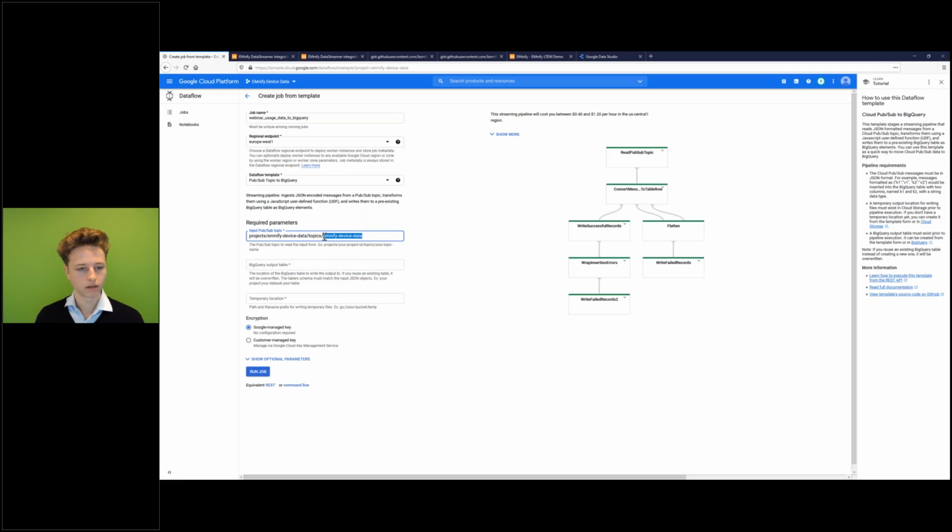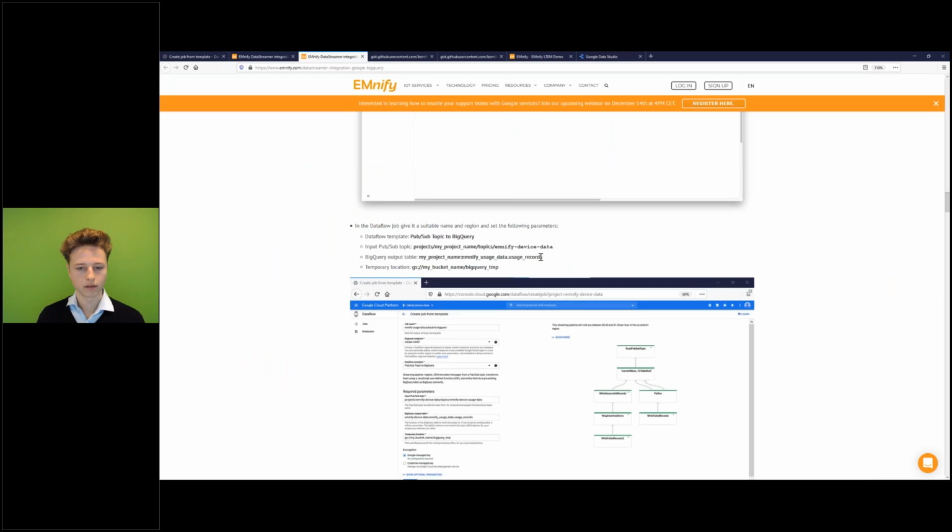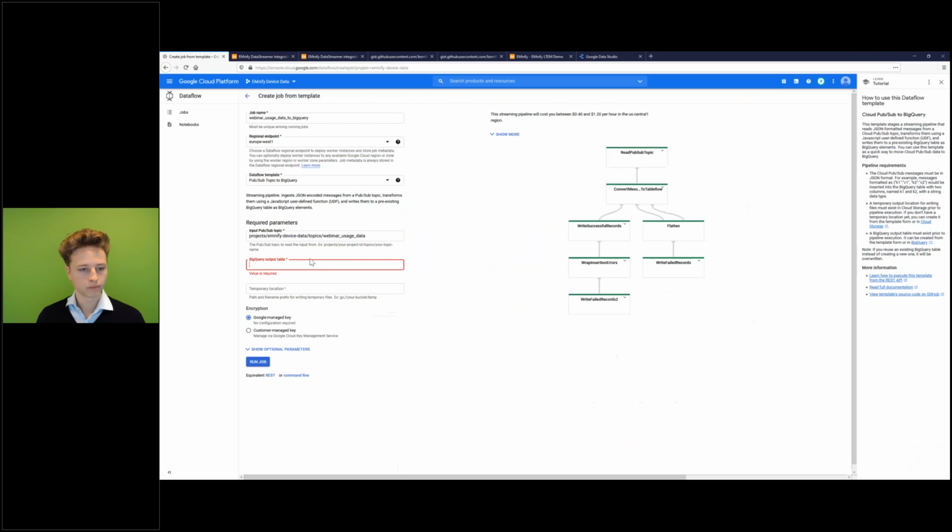And the topic that we created was webinar usage data. For this field, we go back and we pick this line right here, paste it in here again, replace my project name with mine, Amnify device data.